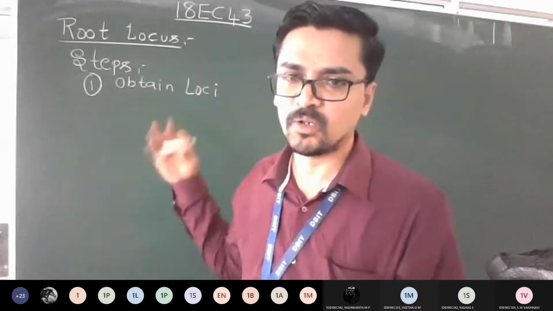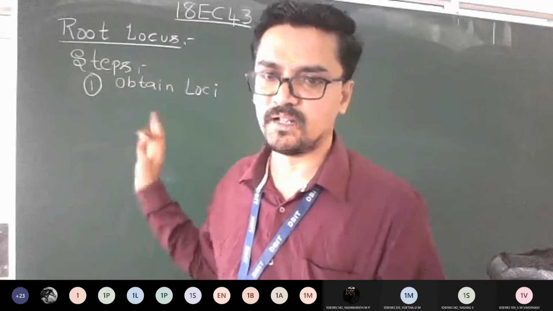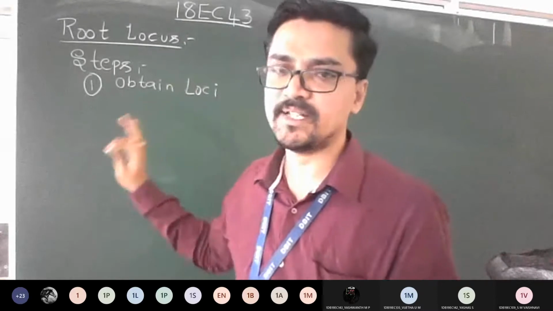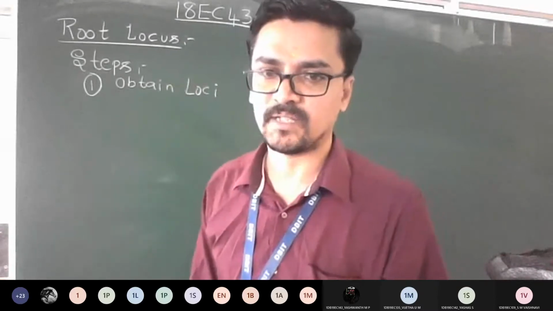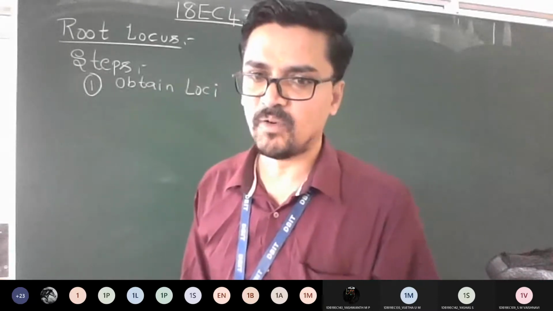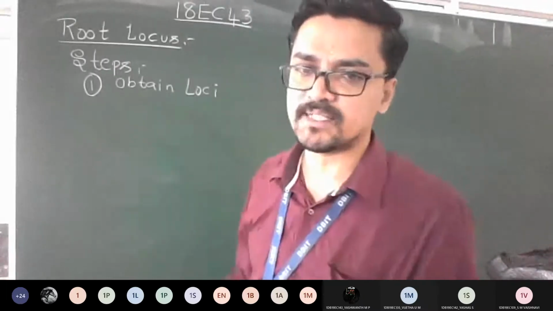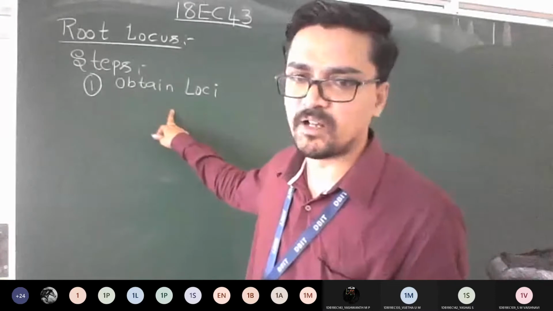So you just make a note of all the steps. Once I clear all the steps, then we will take one problem, we will compare each step and you will get the answer, and then we'll go with the plotting. Is it okay with step number 1, everyone? Am I clear? Step number 1, find the number of open loop poles and open loop zeros and find the number of branches, nothing but you have to find the number of loci.